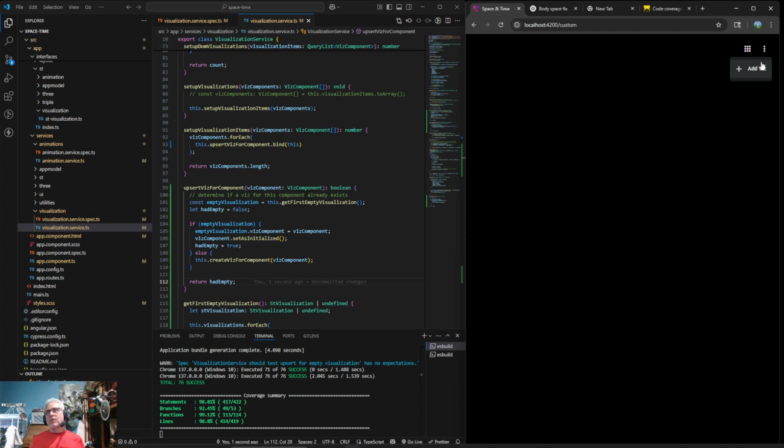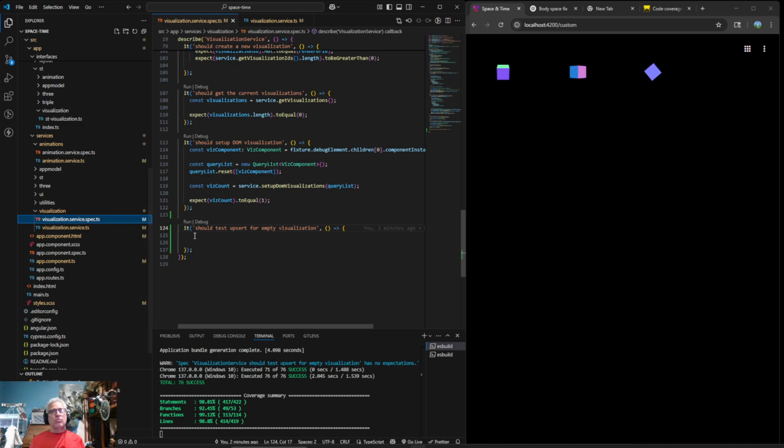Let's just run through it real quick. All right. So had empty is false. Had empty is true. The false will just fall through, so we don't really need to set it there. And now we go back to our spec.